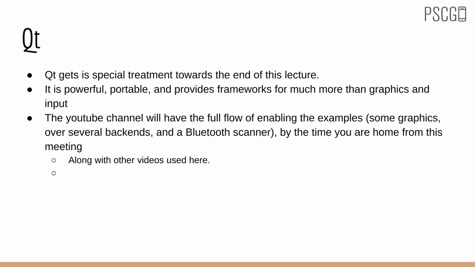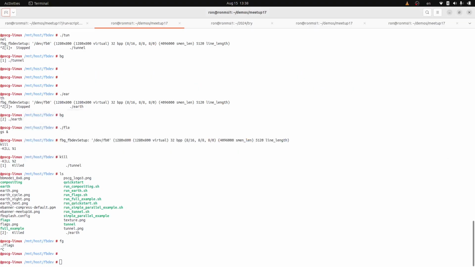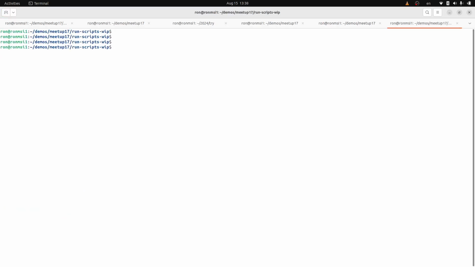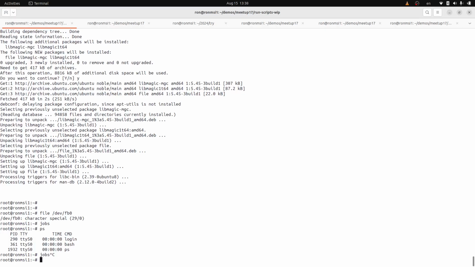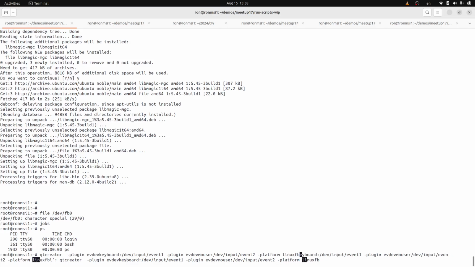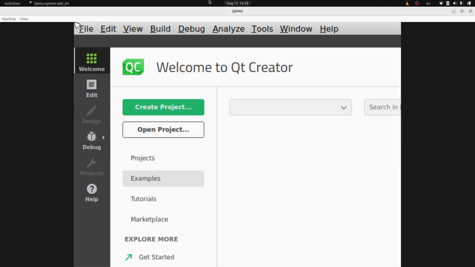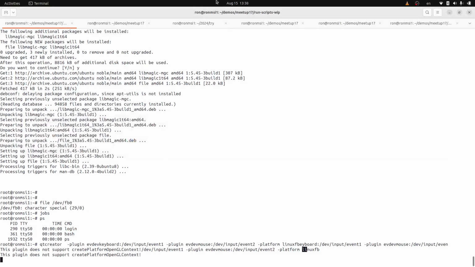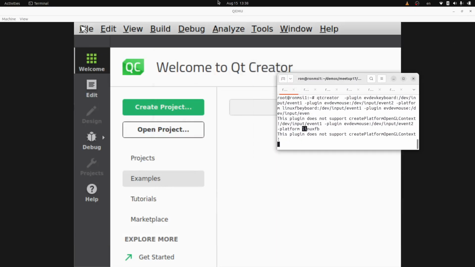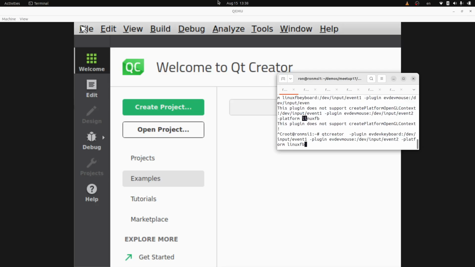And I want to show you something actually. What I'm going to do now is run qtcreator with a linuxfb buffer. Okay, it has advantages and disadvantages. If I go now and run it again, did you see the quick pop-up? If you pause this video, then you will see that it shows something, but